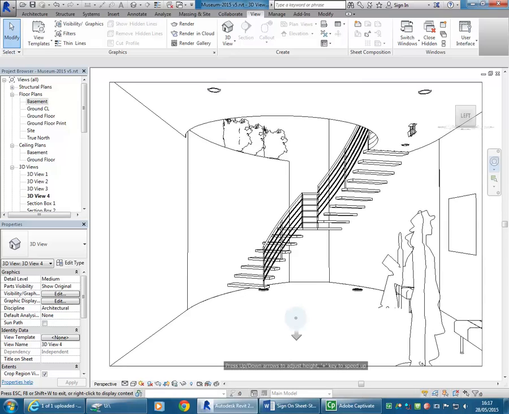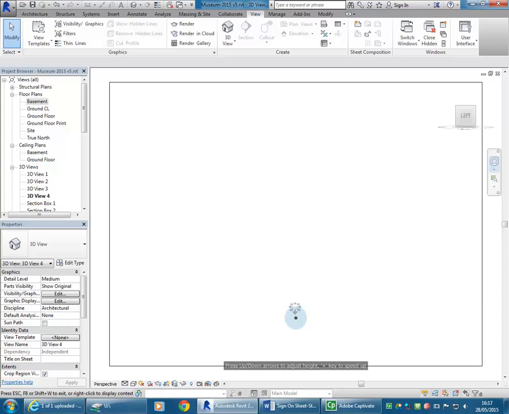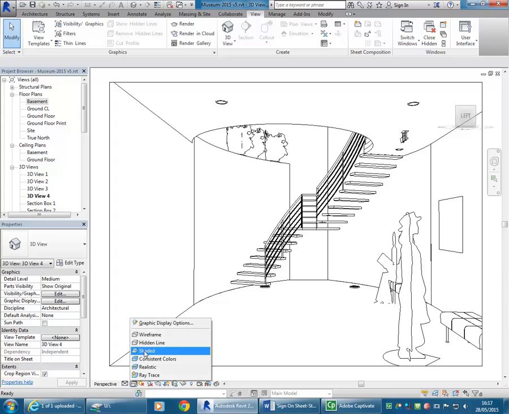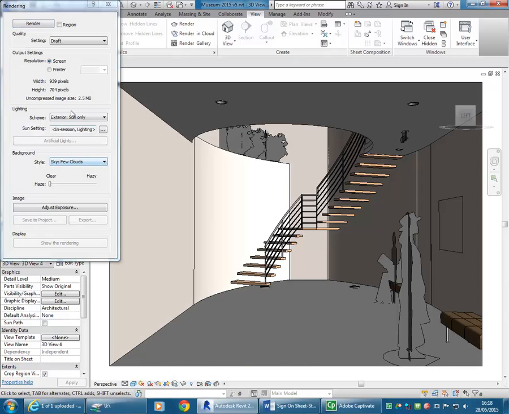But if I go too far, obviously I'm going to go into the wall. So I'm just going to try and go back to just before where the wall is. There we are. So I'm just in front of the wall, you'd think, because I can see these objects. I might switch to a shaded view. So I'm going to go to render now, and I'm going to change the scheme to interior artificial only. Hit render,